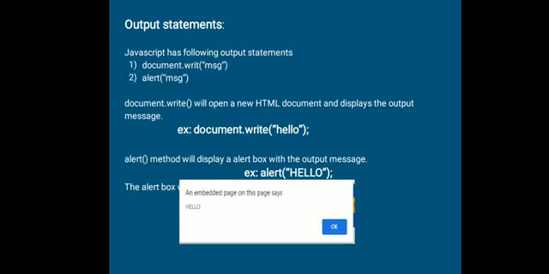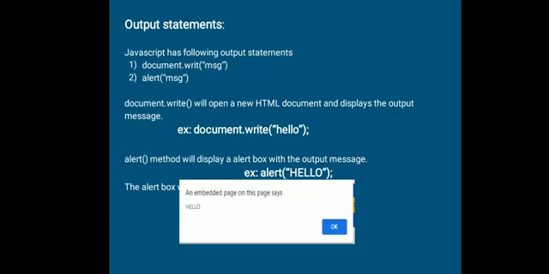Now let us see the output statements. Here we have two output statements. One is document.write and the second one is alert. document.write will display the output message, whatever it is, in a new document.